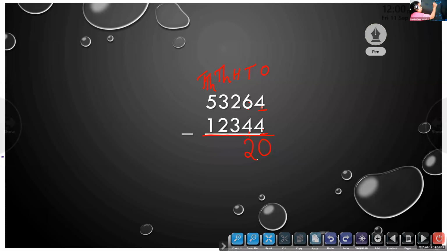Okay. Now Sabah, look here, 2 and here 3. Can we subtract 3 from 2? No, because that 2 is small. So how can we take 3 from there? You will have to regroup and borrow. From 3, I am going to take 1 here. So this 2 becomes 12. And if you give 1, that 3 becomes 2.